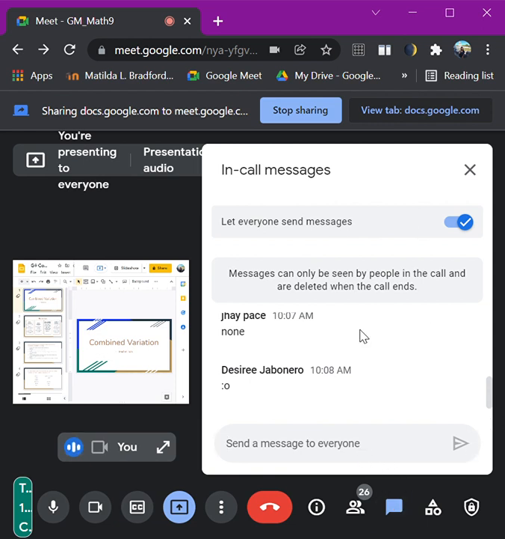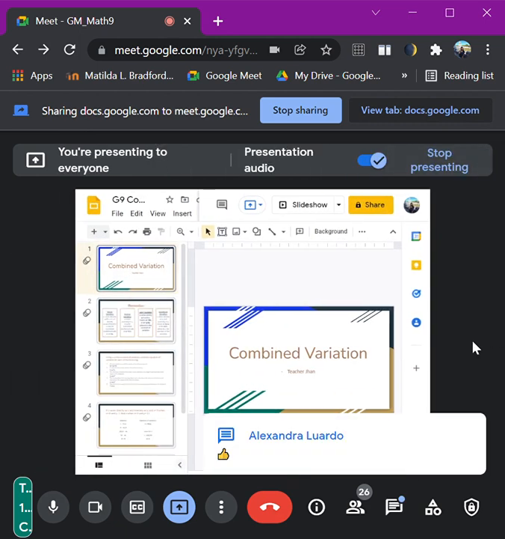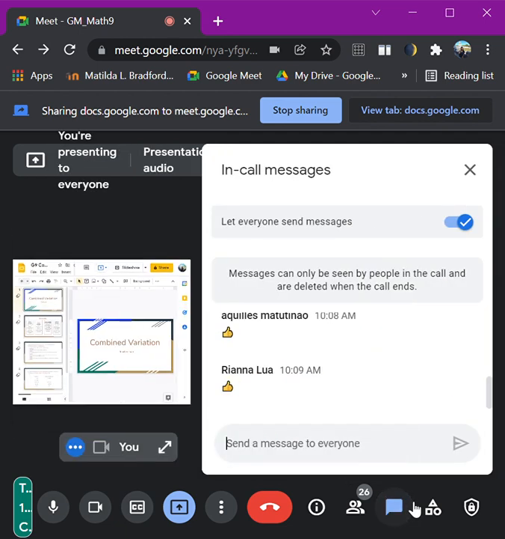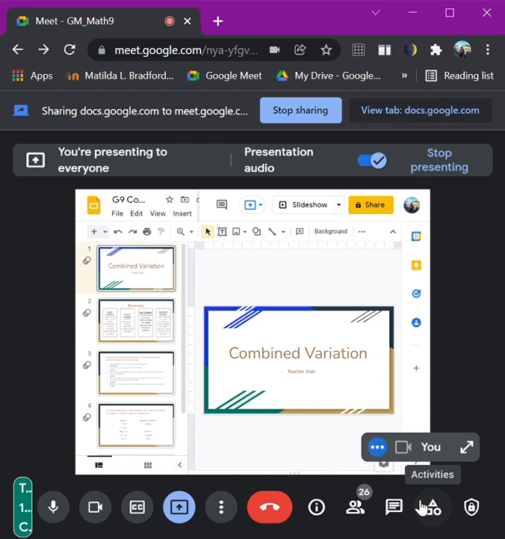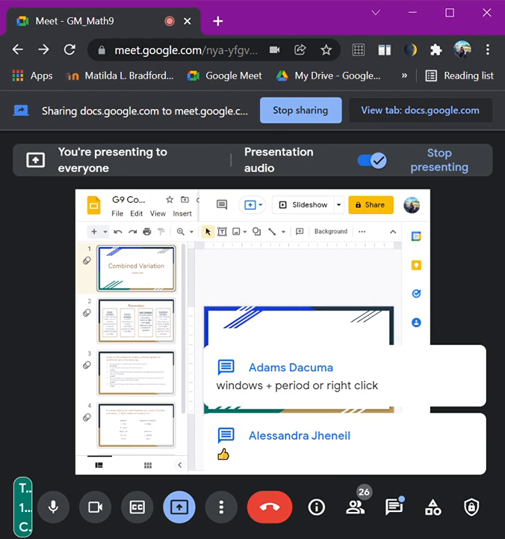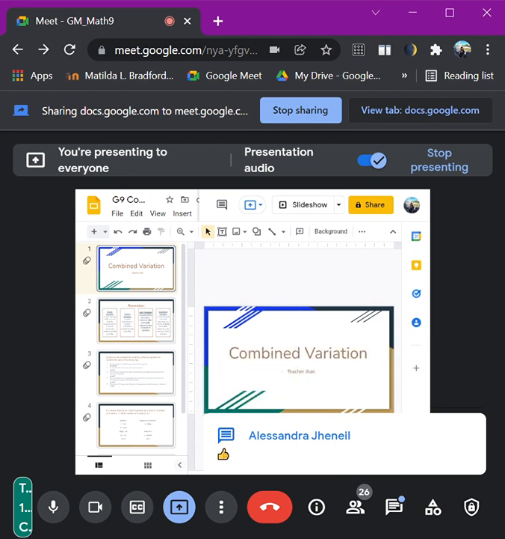If none, please put a thumbs up in the chat. Okay, thumbs up. Okay, just prepare for a quiz for today about these two variations. And then, study our combined variation as well. Okay. Now, class, before we end the meeting,